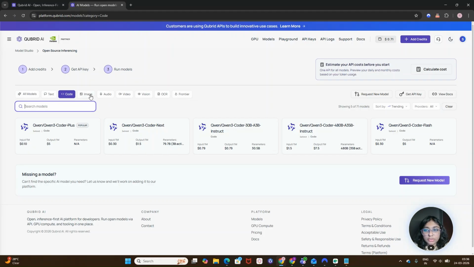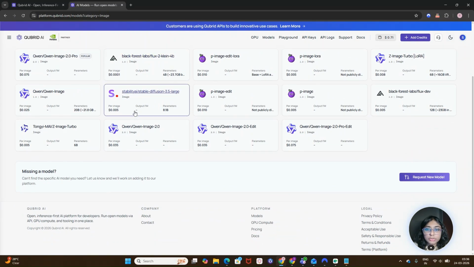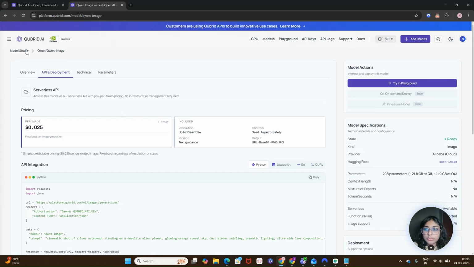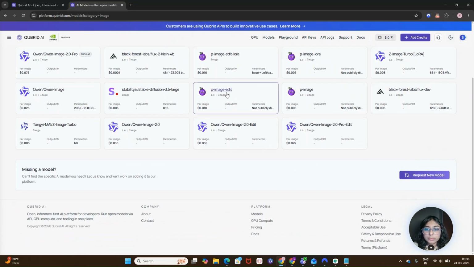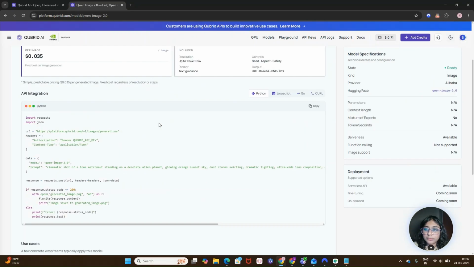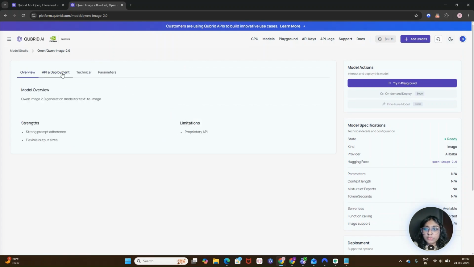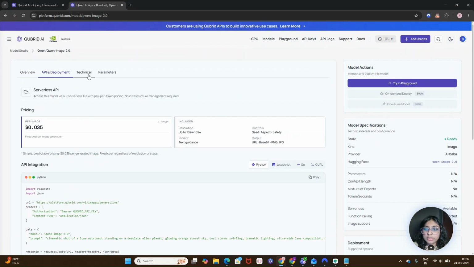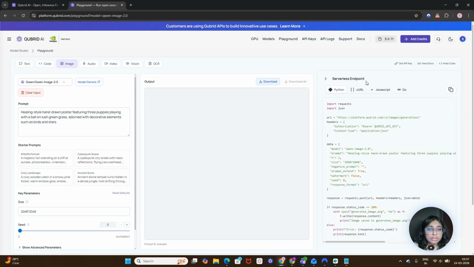For today, we are going to see the Qwen Image model over here. This is the Qwen Image model and we are going to see the Qwen Image 2.0 model. You can check out the overview of this model, then the API, then the technicalities of this model and the parameters. For now, let's head back to our playground.